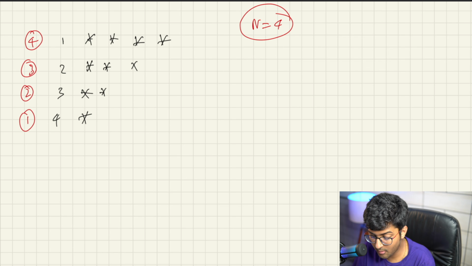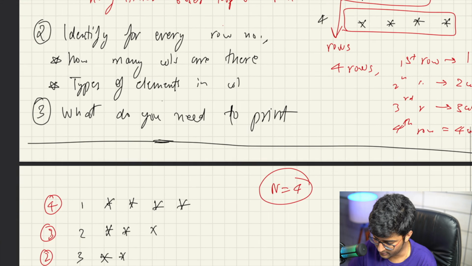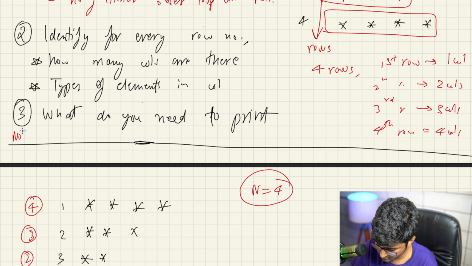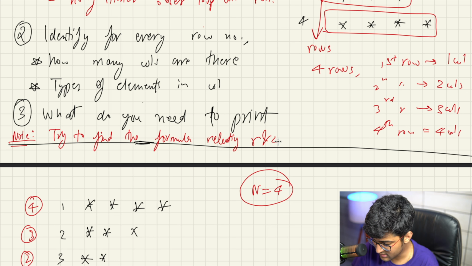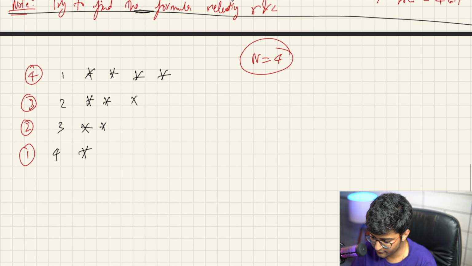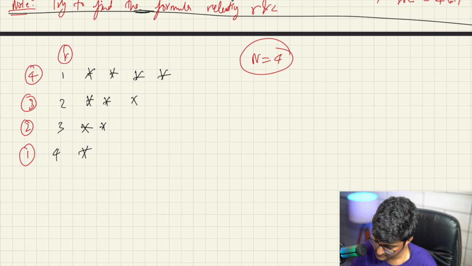Try to find the formula relating rows and columns. So for row number R, it's going to be